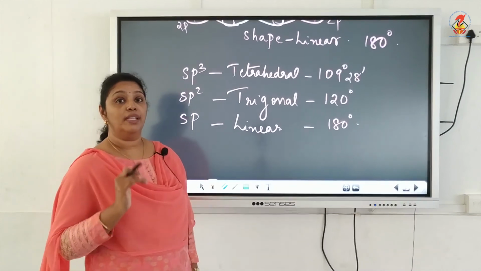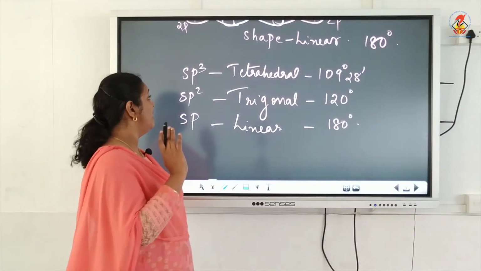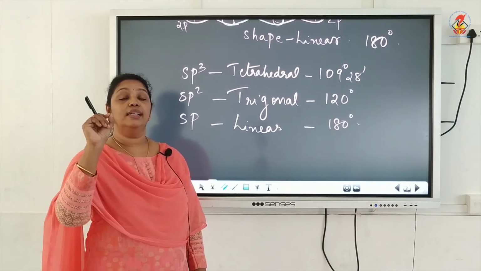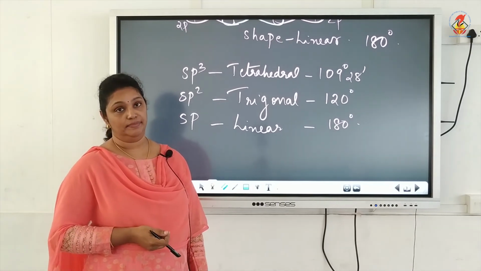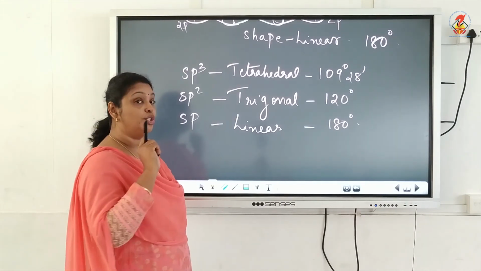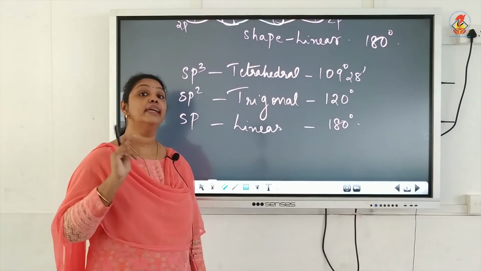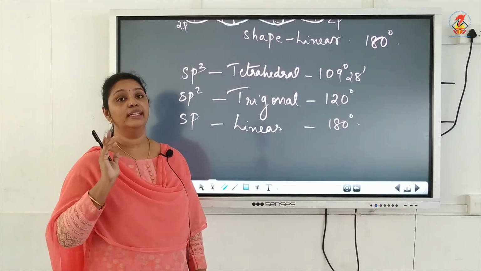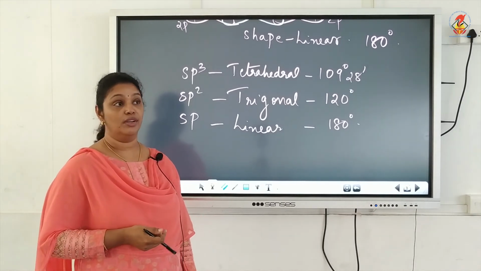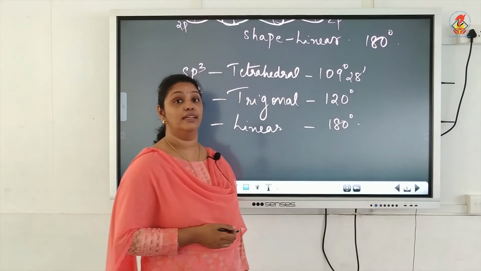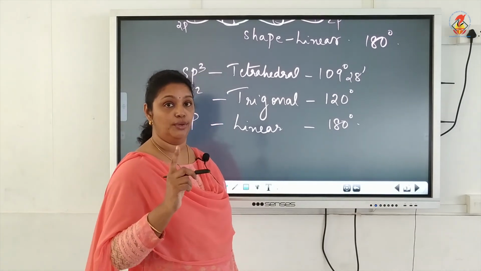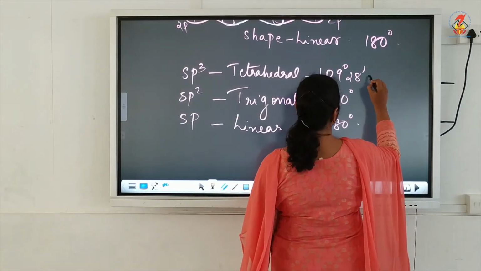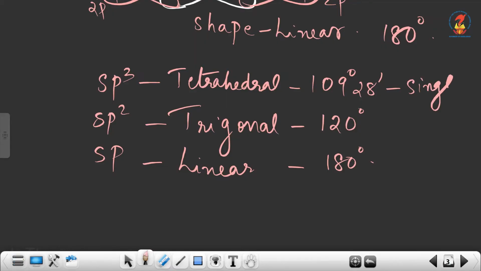Now something more we have to discuss, that is sp3 hybridization is found in single bonded carbon atom. Okay, and sp2 hybridization is found in double bonded carbon atom, and sp is found in triple bonded carbon atom, because for sp3 we discussed the hybridization of methane molecule, that carbon was single bonded. So we can say sp3 is found in single bonded carbon atom,